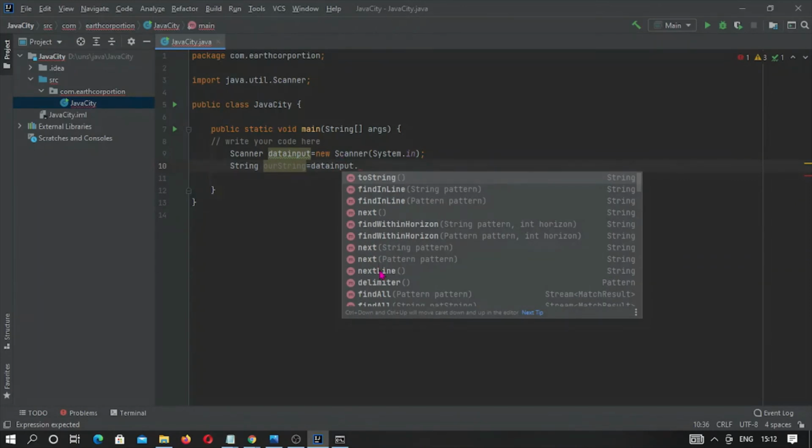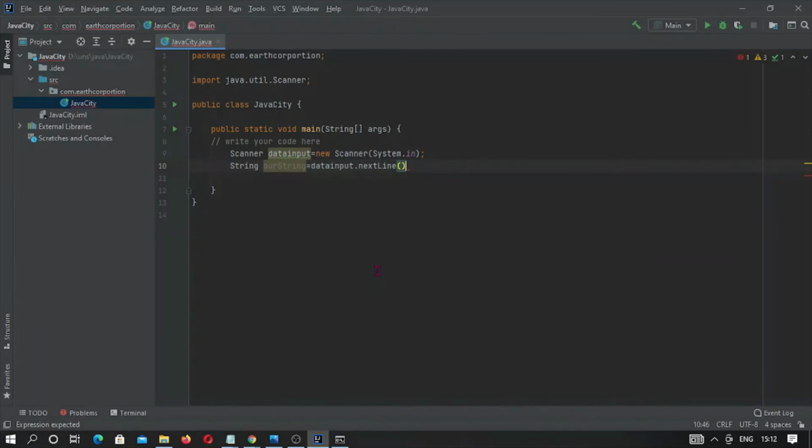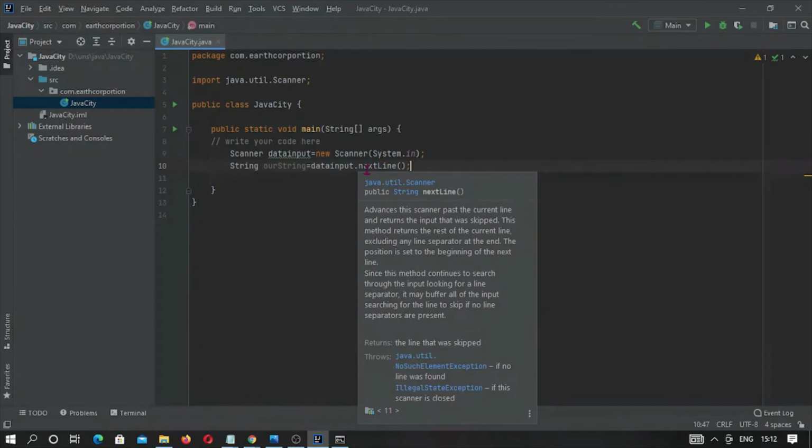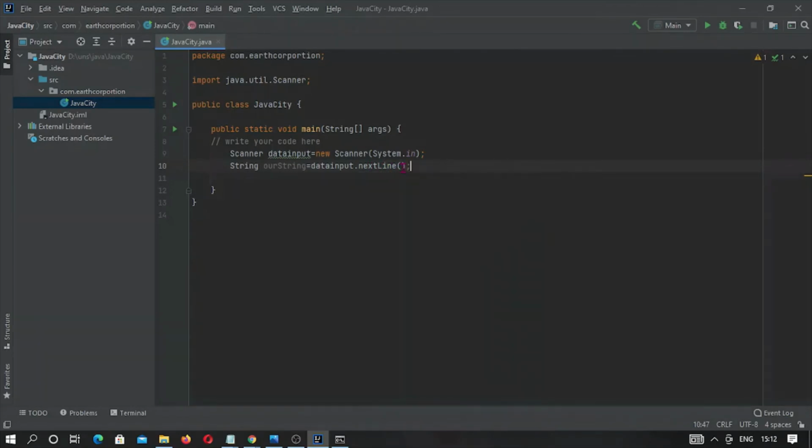This is the method we are going to take, and this method will return a string. Now we are just completing this statement with a semicolon. So this is a statement that will collect all data given as input through the command line, and will treat all data as input until the next line begins.